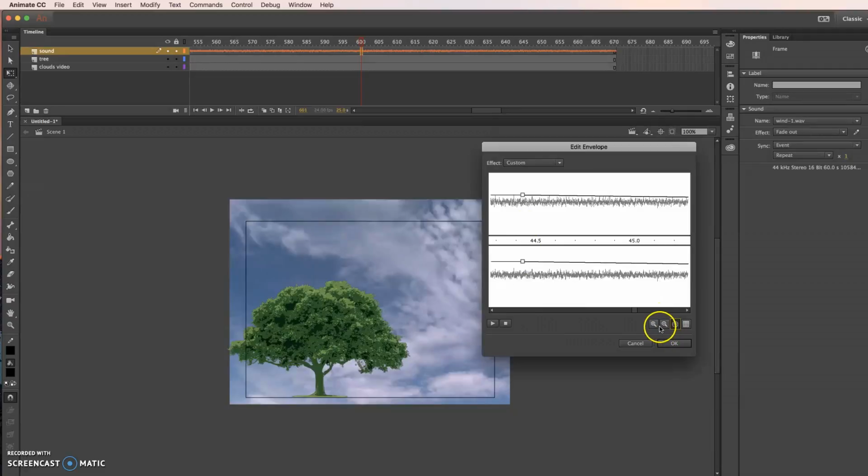Okay. You'll note that I can zoom out. So you'll see that this is over the entire 50 seconds. I can zoom in a little bit more. Okay. And I can drag this so I fade out. Okay. And it'll show you this is the left and right channel. If you know anything about sound, sound is generally in two speakers or channels, and it sees that potentially I want to fade that sound out